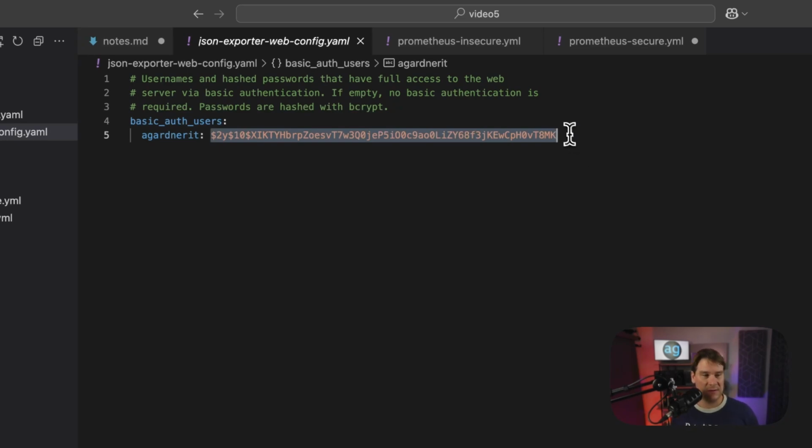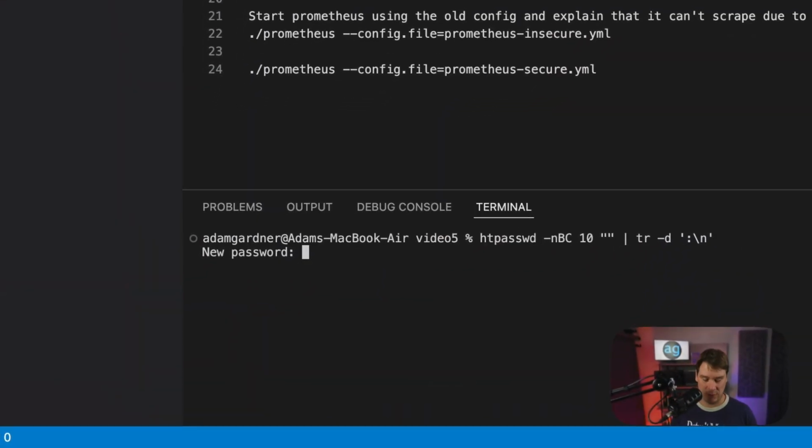What is this? Well, this is actually bcrypt. So depending on your operating system, there will be different ways to bcrypt hash the password that you want to set. But in my case on a Mac, I use htpasswd, and when I paste this command, it asks me for a password. I am just going to happen to use the same password 123,